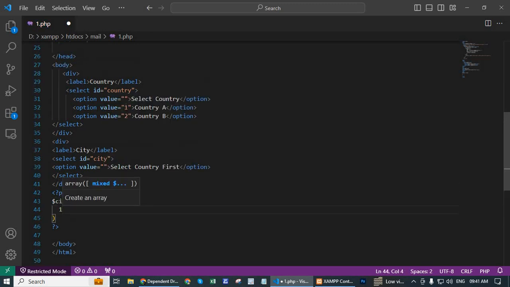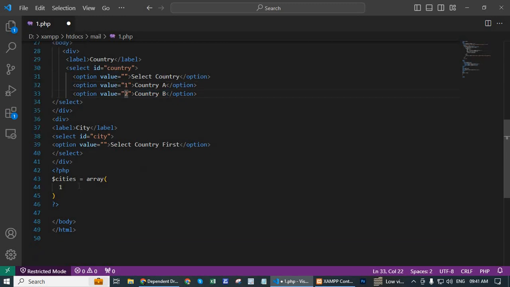Here we select the value for country A, for value is 1, and country B we select the value is 2. So city 1, pass array, double quotation city A1,